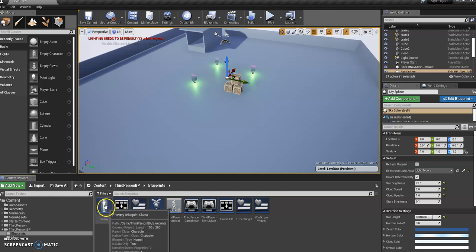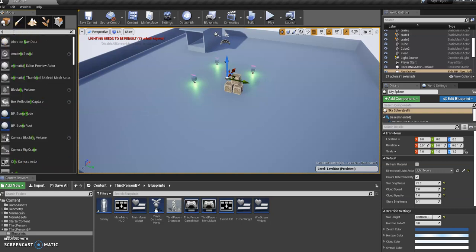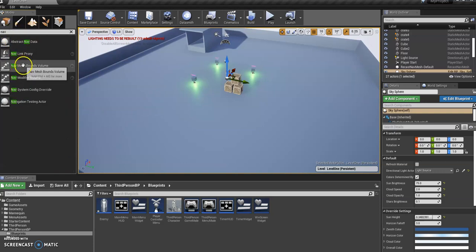Before we go and do anything with that, what we want to add in is, if I load up here, you won't be able to find it immediately. You'll need to search for it. If you just search for nav, you'll find this thing called nav mesh bounds volume. Okay, so if I drag that in,